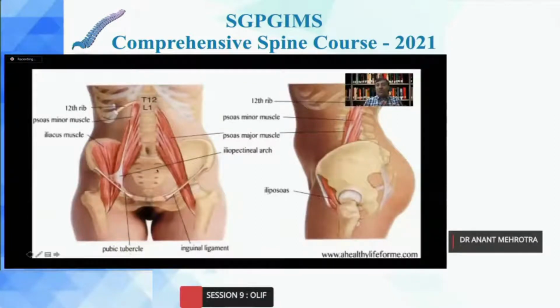So coming to the psoas muscle, which is perhaps one of the most important landmarks for the OLIF. The psoas muscle actually has two parts, the superficial part and the deep part. In this diagram, you can see on the right side how the psoas muscle is attached. The deeper part of the psoas muscle attaches to the transverse processes of the L1 to L5 vertebrae, and the superficial part attaches to the lateral surface of the vertebral bodies from T12 to L4. And between the superficial and the deep belly lies the lumbar plexus. This is extremely important to understand because the psoas muscle forms the lateral boundary of the OLIF.